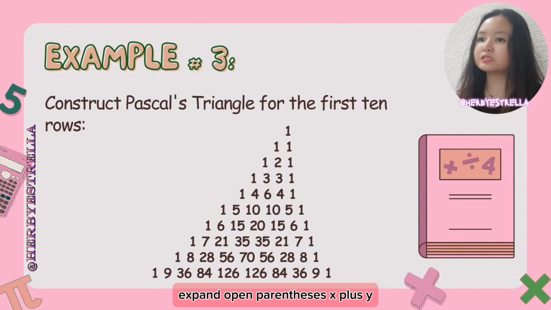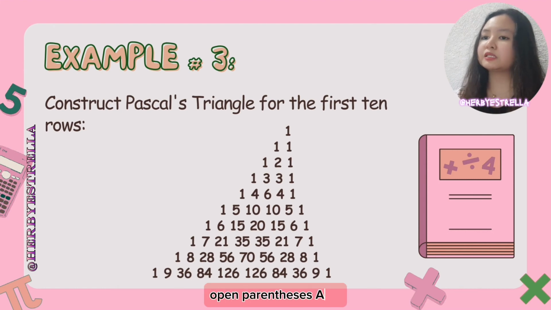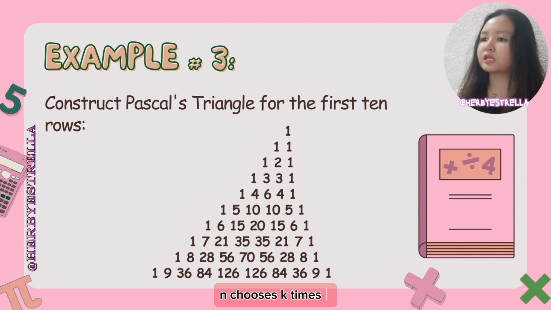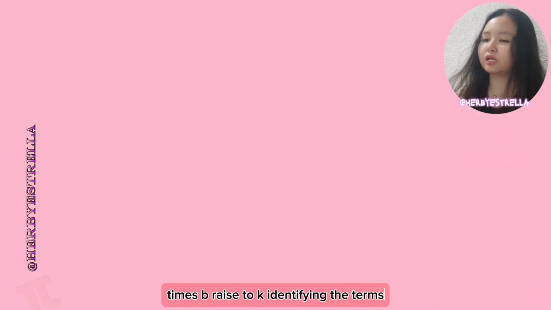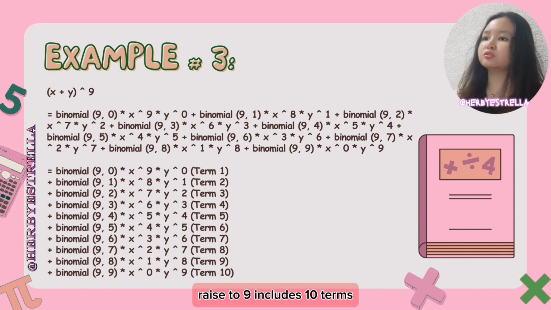Expand (x + y)^9 using the binomial theorem. The binomial theorem states (a + b)^n equals the sum from k equals 0 to n of binomial n choose k times a^(n-k) times b^k. Identifying the terms. The expansion of (x + y)^9 includes 10 terms. Term 1, term 2, term 3, term 4, term 5, term 6, term 7, term 8, term 9,